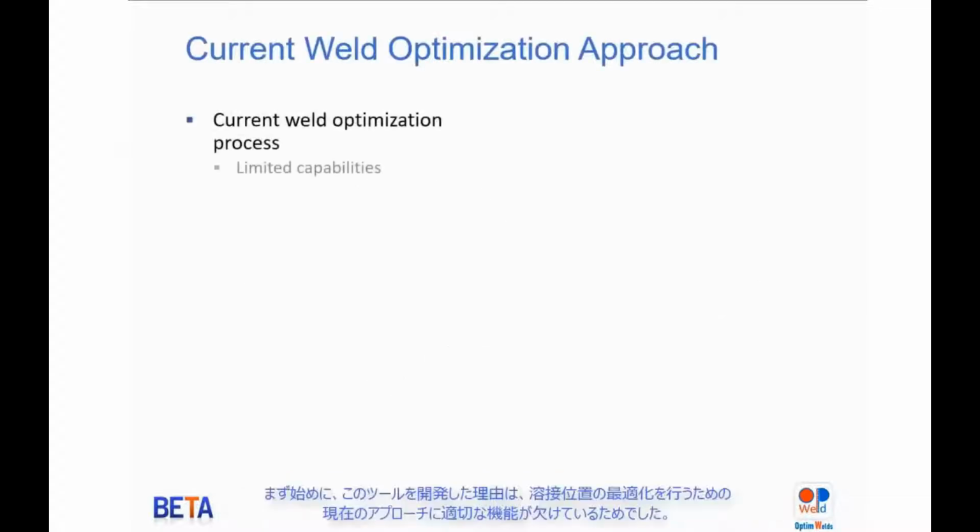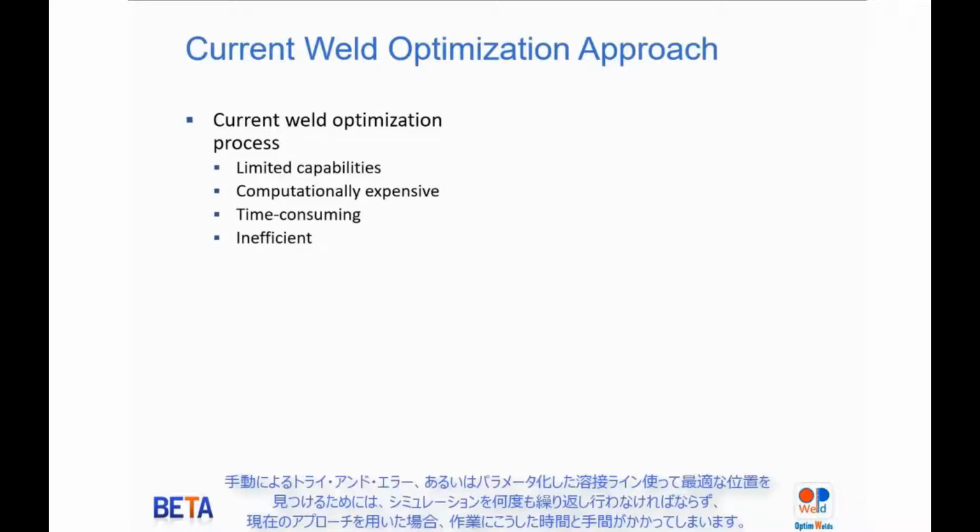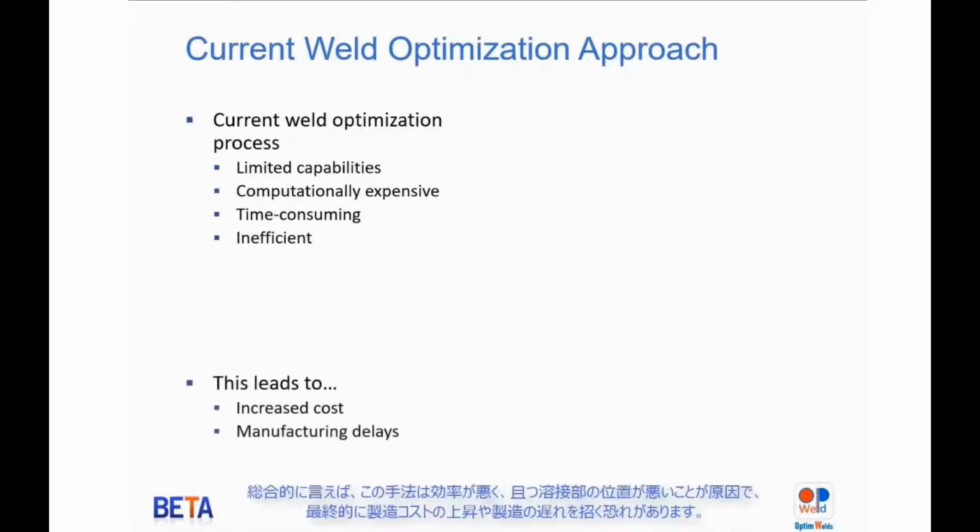To begin with, the motivation behind creating the tool was because current approaches to optimizing weld locations are lacking proper capabilities. Typically, it's a tedious and time-consuming process of manual trial and error, or parameterized spot weld lines are used which require many simulations to find an optimum. Overall, the current methods are inefficient and ultimately lead to higher production costs and manufacturing delays due to poor placement